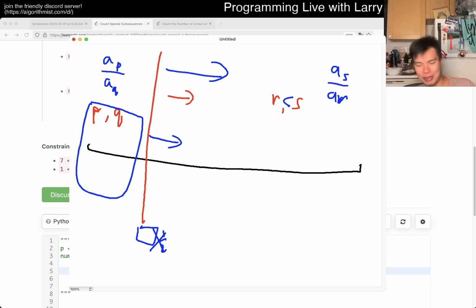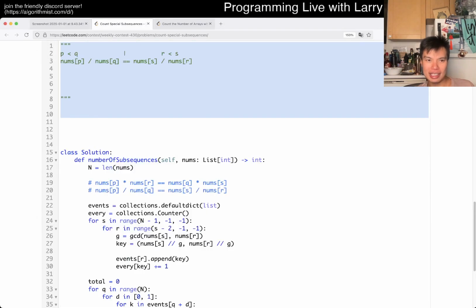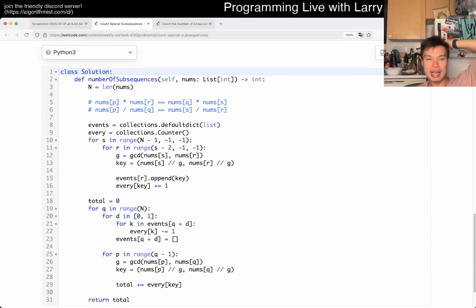I keep saying slider window, my apologies. I mean sweep line algorithm, right? And yeah, I don't know why I keep saying slider window, but that's basically the idea. And as you can see, I actually did this, and you can feel free to watch it live, but yeah, this is